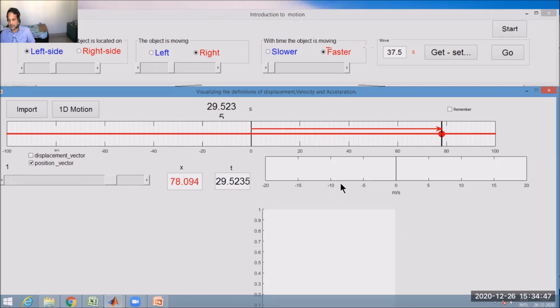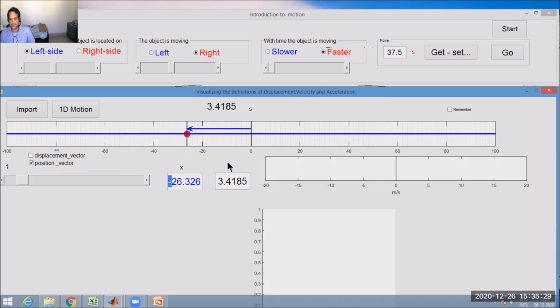We can take any instant of time. When it displays a number without any sign, it is understood that it is plus 78 and it is on the right side. And I'm also carrying forward the color scheme from the last videos. Red means it is present on the positive side and blue means it is present on the left side. Let us take the object to the left side and see how the position vector looks. Now it's on the left side. The blue color indicates on the left side. Also, it can be seen with the sign. This minus sign indicates that it is on the left side.